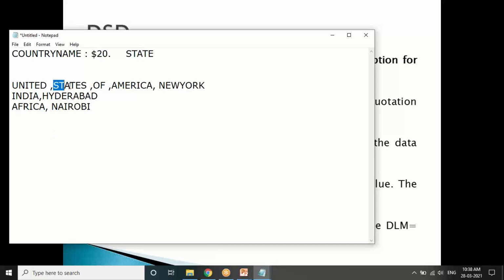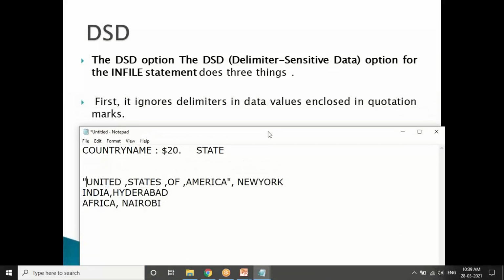So what will happen to this? We have special data which we will be receiving, and special data are generally sent to us within double quotations. So if we look at the DSD, the first point is it will ignore the delimiters enclosed in the quotation marks.